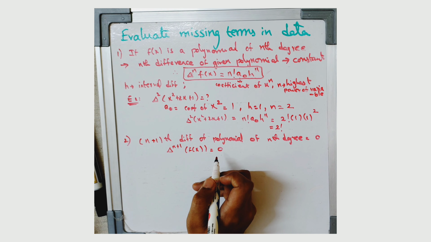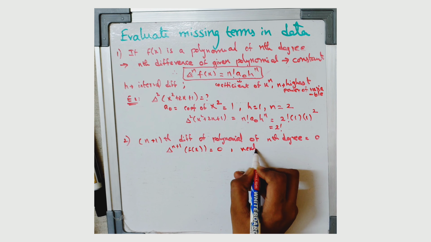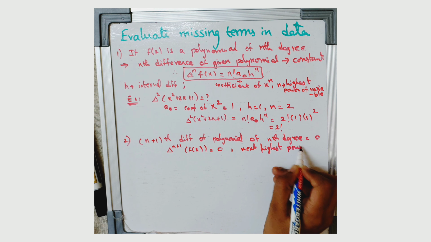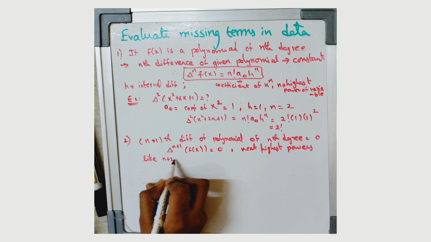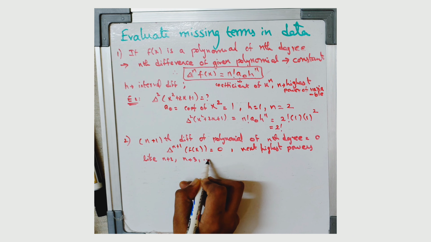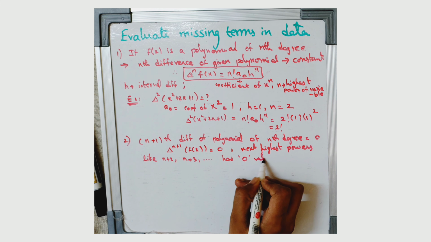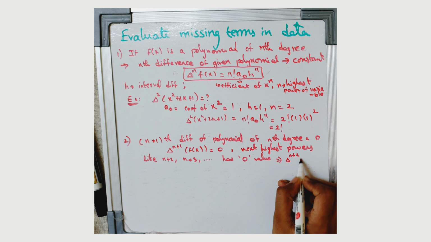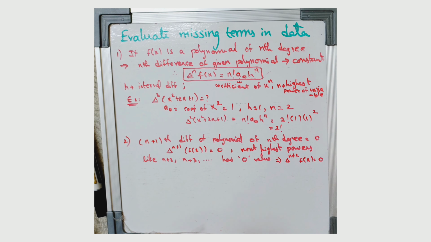And also the next highest powers, like n plus 2, n plus 3 and so on, have the 0 value, that is delta n plus 2 of f of x equals 0 and delta n plus 3 of f of x equals 0